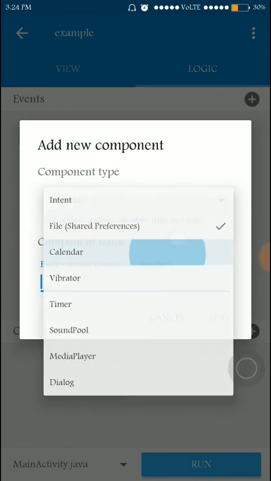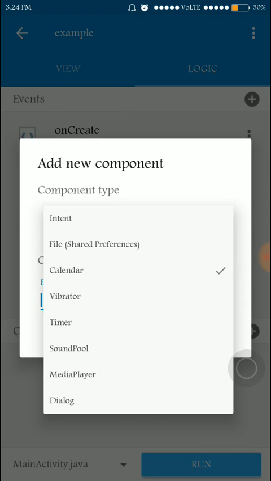And calendar. Calendar is used for the actions which are related to time. For example, if you are making an app like a stopwatch or an app that takes the current time, for all things related to time, you have to add an option called calendar, otherwise the app won't work. Vibrator is used to vibrate the phone, as you already know. Timer is very useful to animate your app. Animation is very popular, and we are going to see it in my next videos.